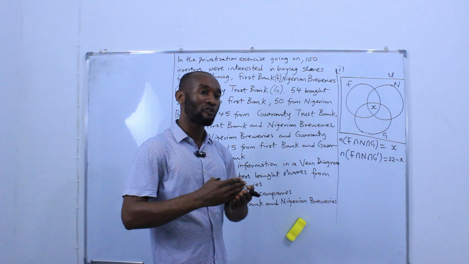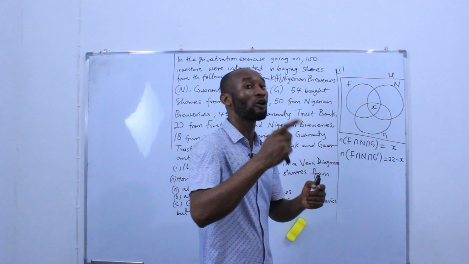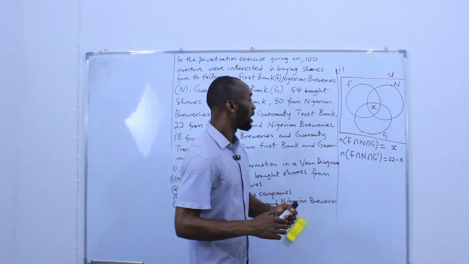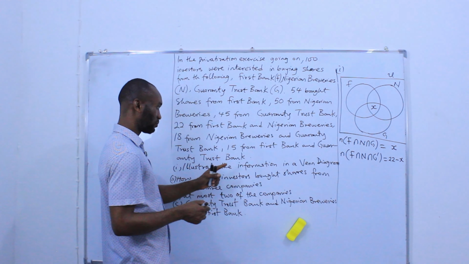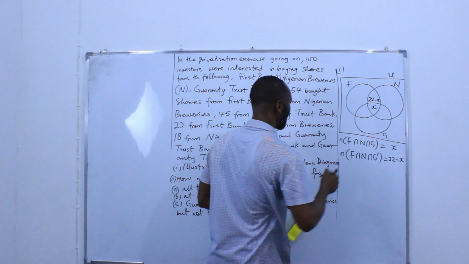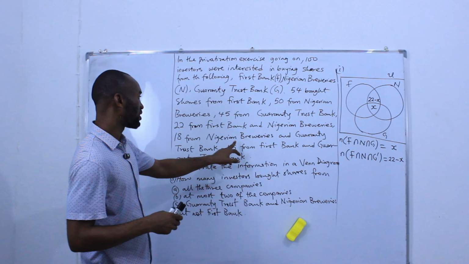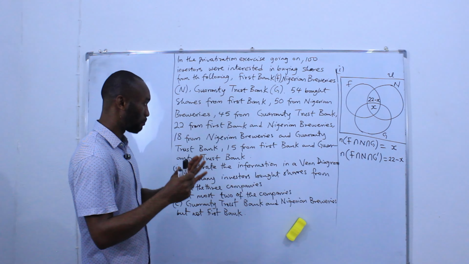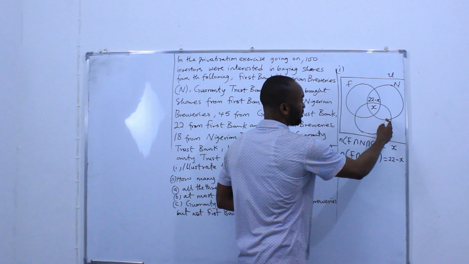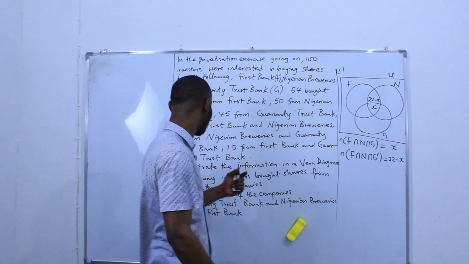But the people that bought from First Bank and Nigerian Breweries and did not buy from Guaranty Trust Bank is 22 minus X. Now, we go ahead to look for, they also said, so here is 22 minus X. Now, they also said that 18 bought from Nigerian Breweries and Guaranty Trust Bank. So the whole of this overlap here, which represents the overlap between Nigerian Breweries and Guaranty Trust Bank, represents that